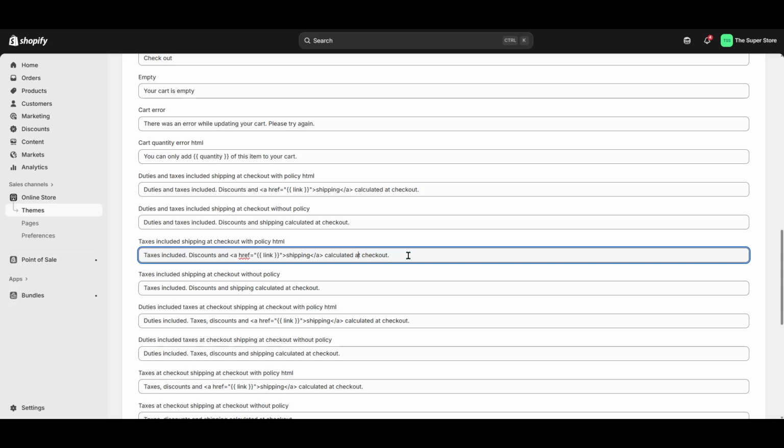To remove the shipping calculated at checkout message, you have a couple of options. You can choose to simply edit the text within this field, or, if you'd prefer to remove the message altogether, leave it blank. By clearing out this message, you effectively ensure that your customers are not met with redundant information